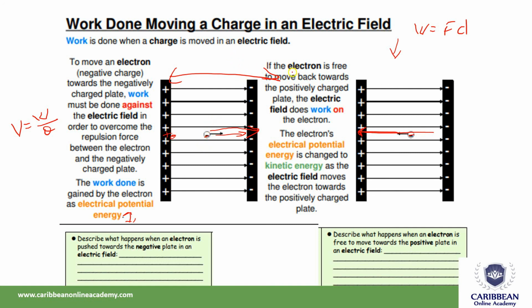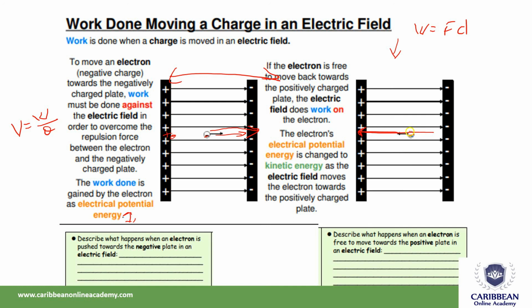So that's just moving charges from a negative standpoint. Now let's consider if the electron now was free to move back towards the positively charged plate, then the electric field does work on the electron. And we can see that the electron's electrical potential energy is now changed to kinetic energy